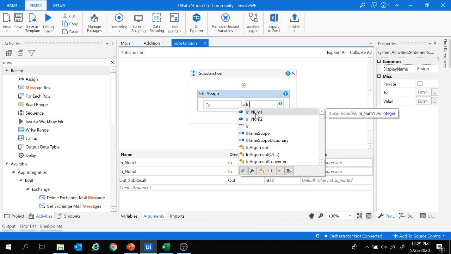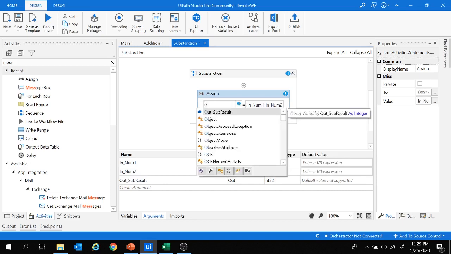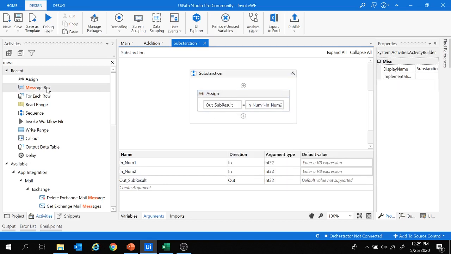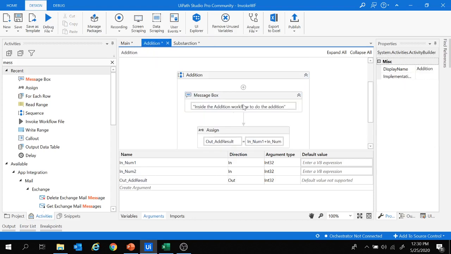So I'm going to write in_num1 minus in_num2, and let's provide the value to out_sub_result. And let's add a message box over here as well. Let's keep the message as inside subtraction workflow to do the subtraction.